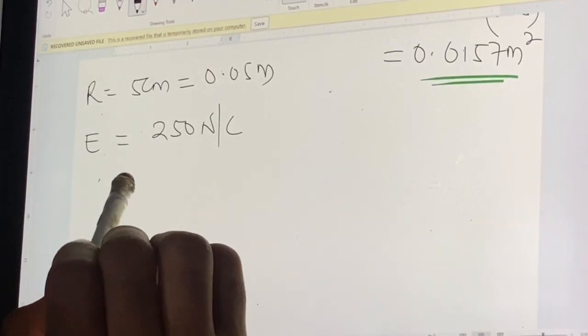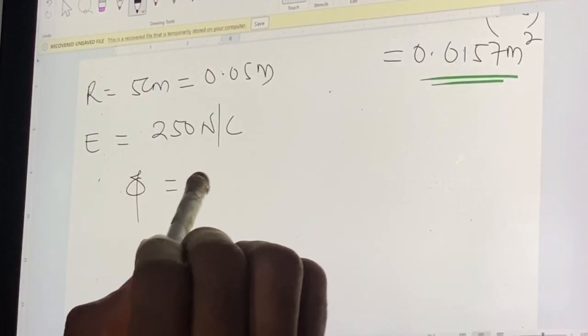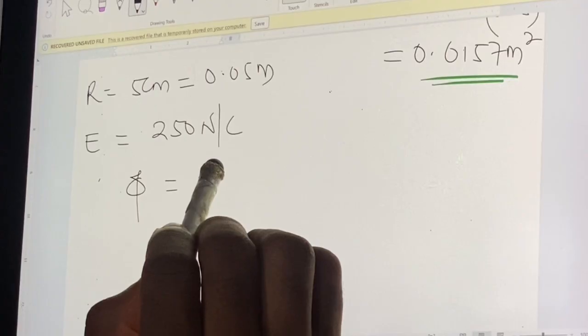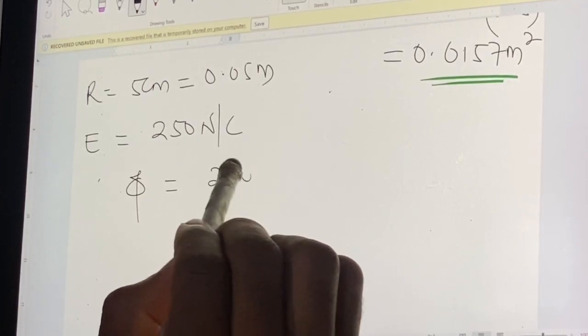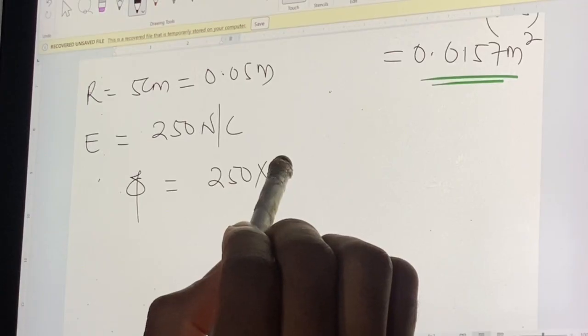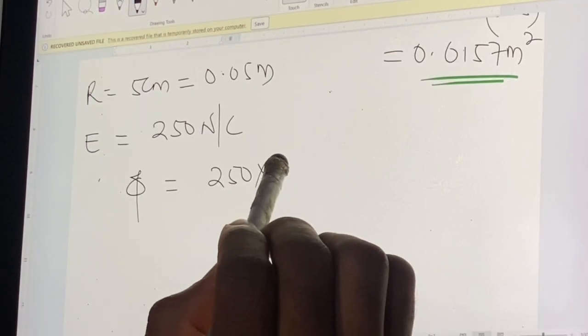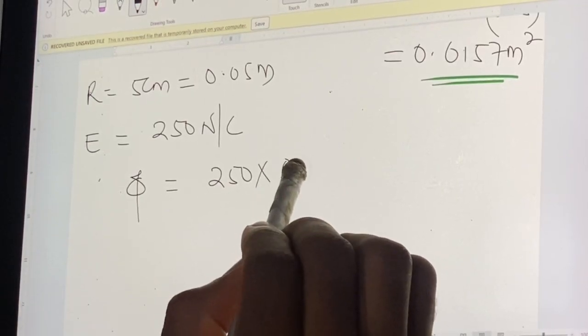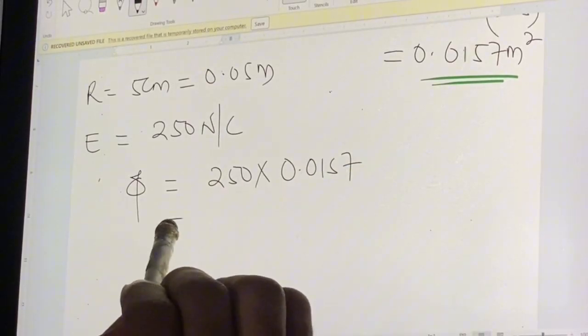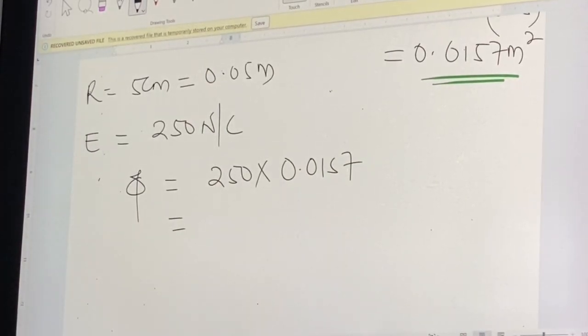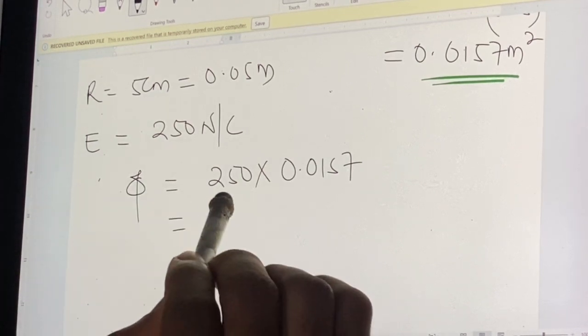So our electric flux phi will be equal to, let's replace the value of electric field, which is 250, times replacing the value of area, which is 0.0157. Now when you punch your calculator, we have the answer to be